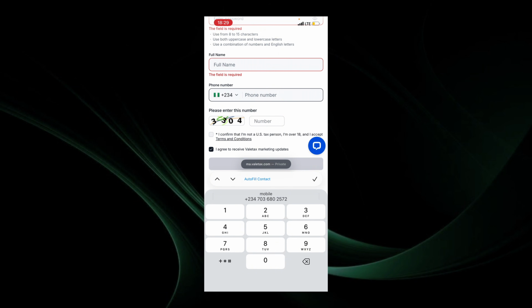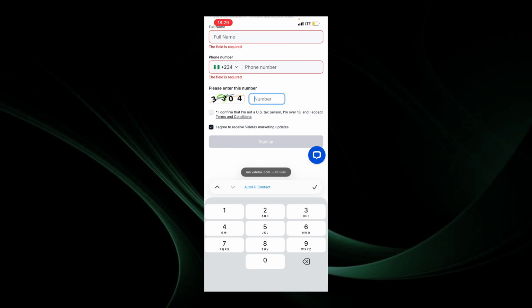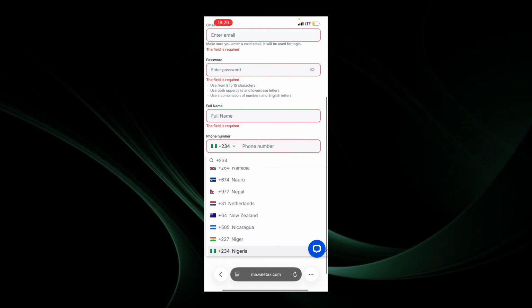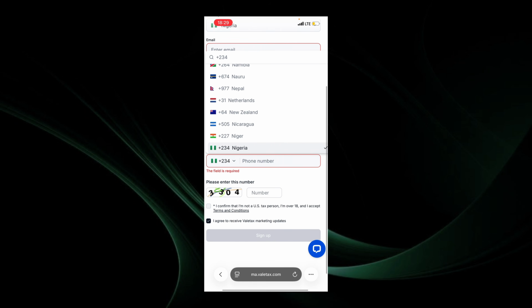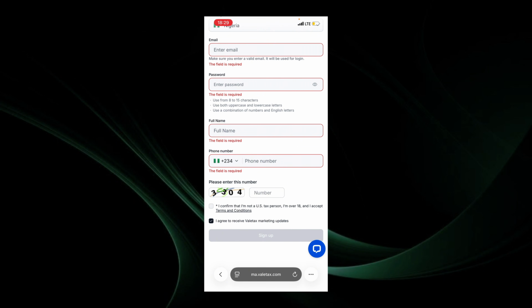So remember, the phone number has to be based on your country. If you're from the Netherlands, New Zealand, Niger, Norway, I'm from Nigeria, so it starts with a +234. And then Norway starts with +47, just to give you guys context. If you're South African, I'm pretty much sure it's +27. Yeah, it's +27.